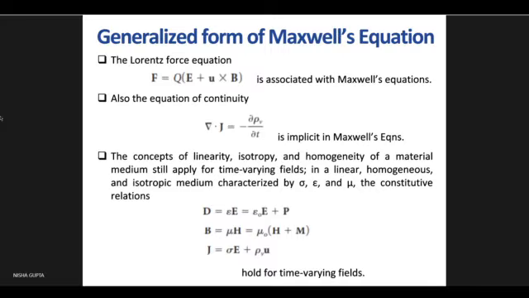Now, the concepts of linearity, isotropy, and homogeneity. What are these terms for a material medium? When I say that a material medium is linear, what do you understand by this? Suppose it is free space, and my electromagnetic wave is propagating from the satellite to our dish antenna. What kind of medium is it? Is it a non-linear medium or a linear medium? And when will we call a medium a linear one?